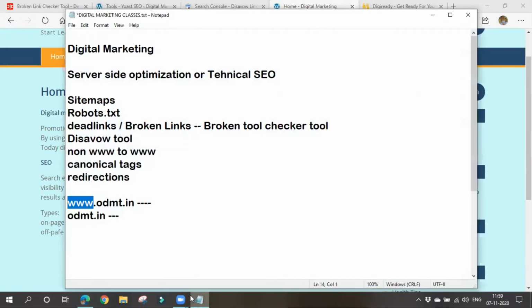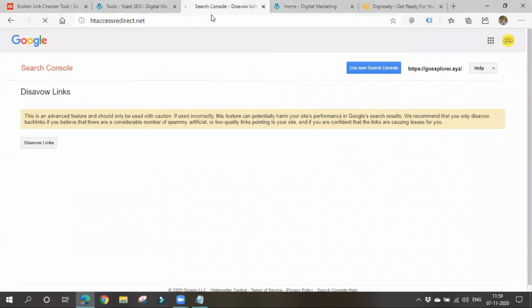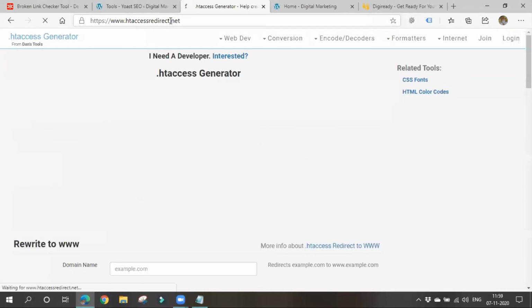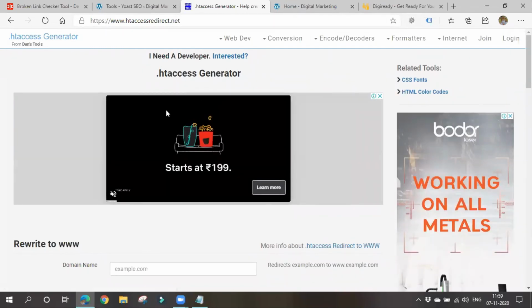So what we should do is go to a website called htaccessredirect.net. I'll write it here: htaccessredirect.net. I'll copy this. So we are redirecting our website from non-www to www.